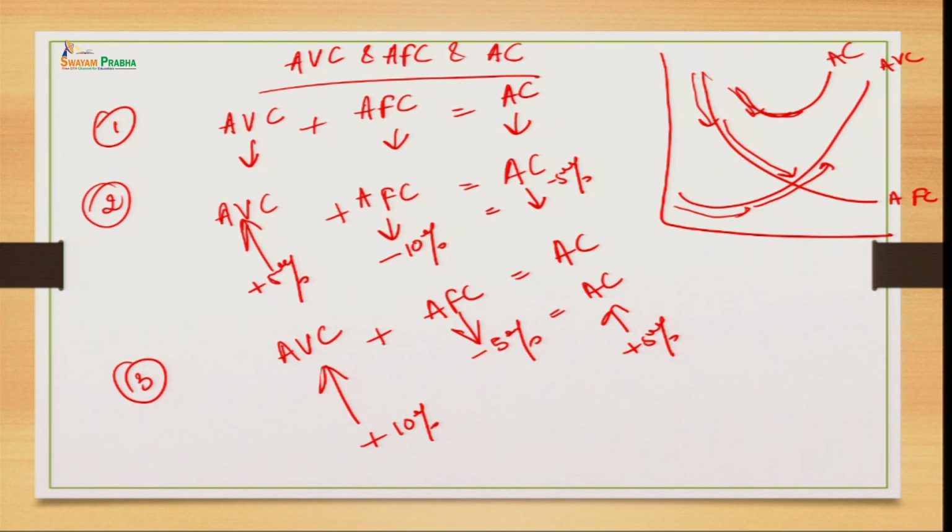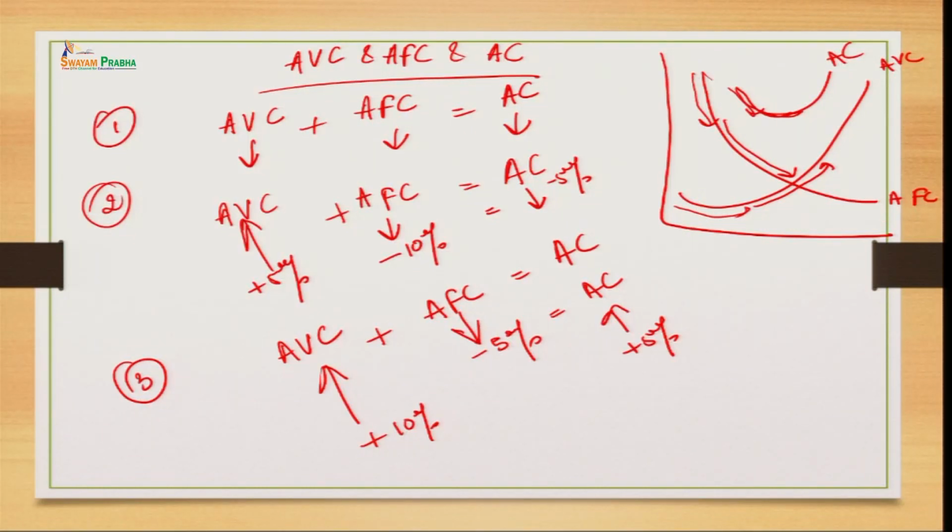So, we have seen these properties earlier also that the average fixed cost curve will always decline, but the rate of decrease will be different at different stages. Initially the rate of decrease in the average fixed cost is more and at the later stages it declines at a slower rate. Whereas, in case of average variable cost, initially it decreases and thereafter it starts increasing, but the increase at the middle point is slower and later on it increases at a higher rate, right. And again this is the average cost curve which is the summation of average variable cost and